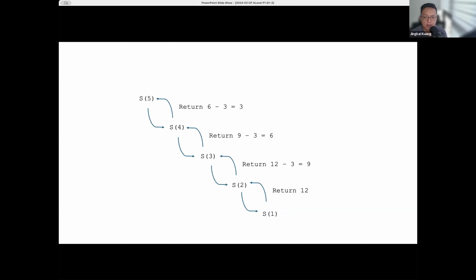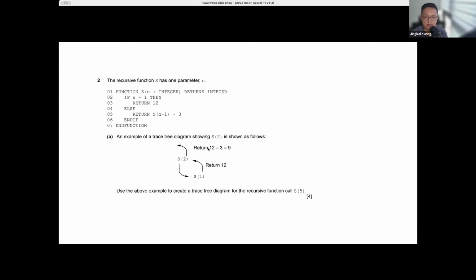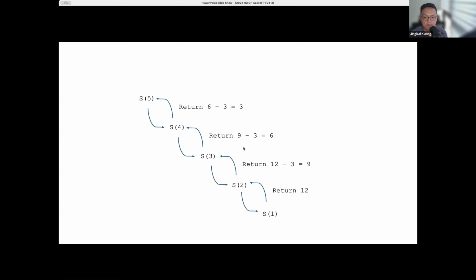Okay, at the end, you need to say that you're returning 0. So this is the last step that was coherent with whatever you have on the previous slide. Okay, over here, there's the final return. All right. So this is what you have. This is what you're supposed to produce. Okay, then for this one,